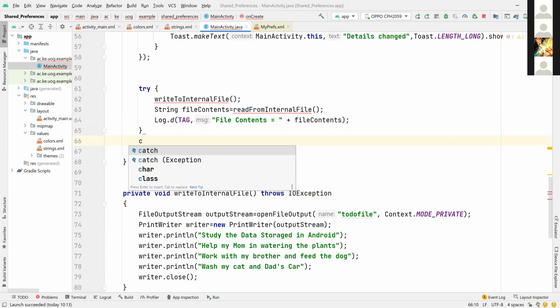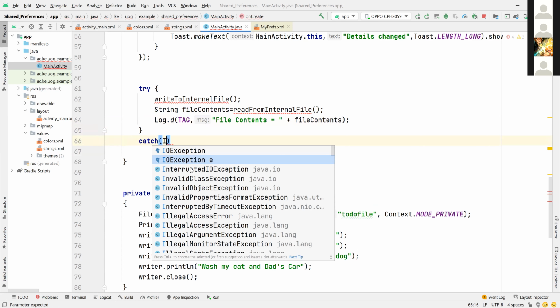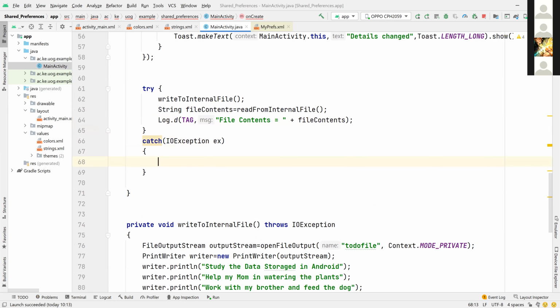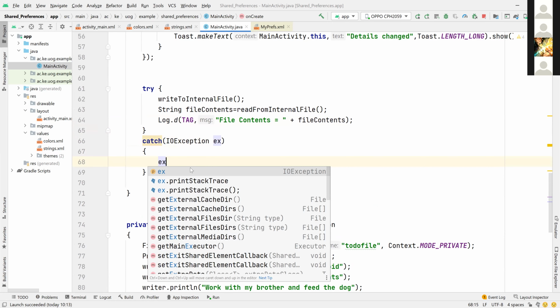Then we catch an exception. The exception is input output exception, EX, into bracket. Then we have EX dot, we print stack that shows the